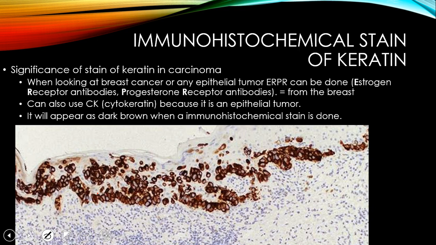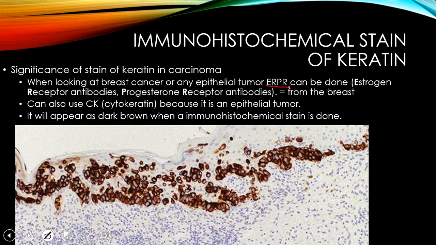We also need to understand the immunohistochemical stain of keratin. Whenever we're looking at an epithelial cell, or maybe a cell that has come from breast tissue, it's going to be easily markable with some different things. So when looking at breast cancer or any epithelial tumor,